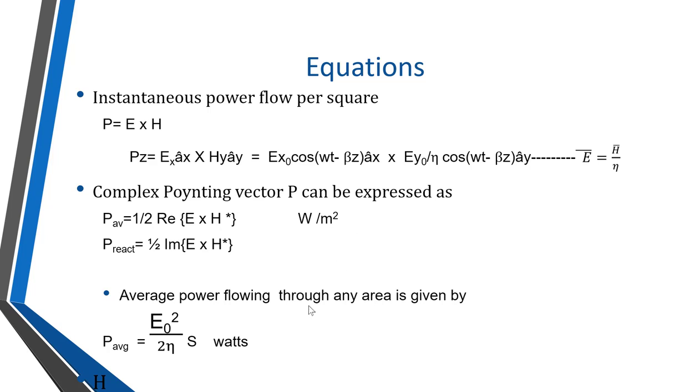So using this equation, we can solve one or two examples on Poynting theorem. We can find instantaneous power using E bar cross H bar. We can find average power using E naught square divided by 2 eta into S. Eta may be given, or mu and epsilon values are given. If the medium is dielectric or air, then you can use eta is equal to square root of mu naught upon epsilon naught. If it is a lossy medium, then we can use eta is equal to square root of j omega mu divided by sigma plus j omega epsilon. In that way, we can find eta and then we can find P average.